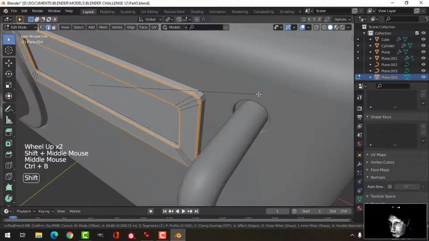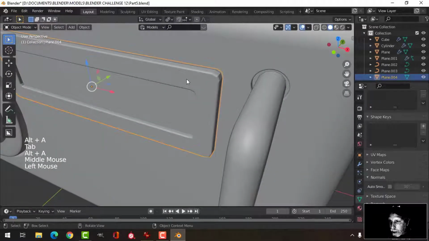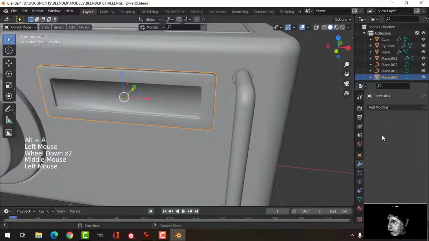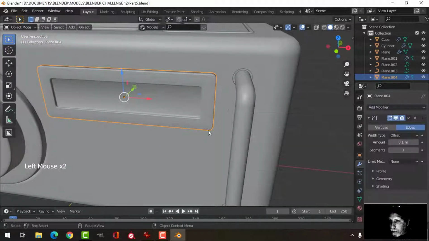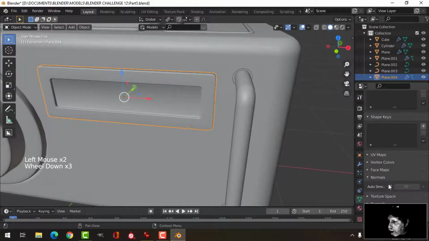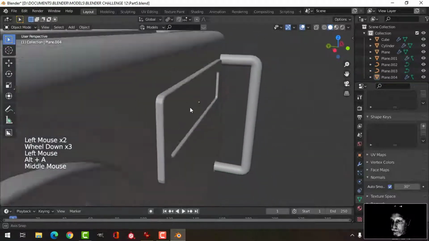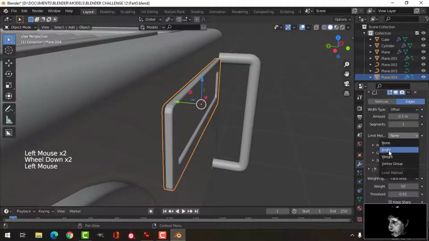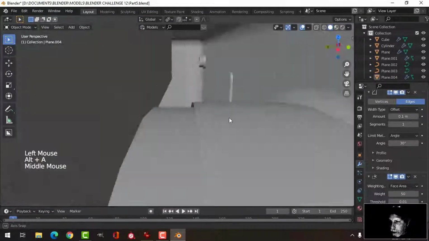Control B. I think I am going to roll my mouse back up. Pull these so I can do that. Let's try shade smooth. Let's also try just a quick bevel to help. And then weighted normal and auto smooth. In the bevel again, let's do angle. All right, so